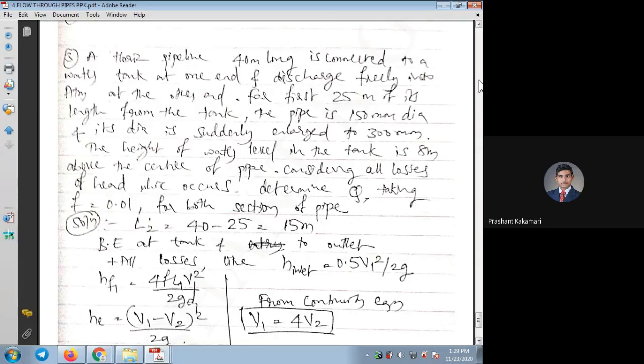Now the question comes, the sudden enlargement to 300 mm diameter, it is up to what length? That we can find out by taking the total length of the pipe, 40 minus 25 meters. If you take that, you will get the length of pipe with sudden enlargement. Okay, so 25 meters has the smaller diameter, 150 mm. Another 15 meters has 300 mm. So taking this concept